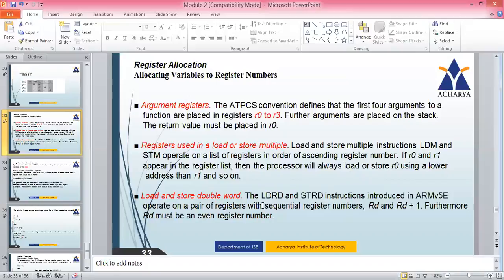Coming to load and store double word. These instructions operate on a pair of registers, so it is a double word. In that case, how do we have to work? We should always go with even register numbers. When you're working with double word and you take R0, it will take R0 and R1. So the next register you can choose will be R2. So you can choose R0, R2, R4, R6. When you take R2, it will take R2 and R3. If you take R4, it will take R4 and R5. So internally, it will take 2, 2. So the starting register should be an even register number like R0, R2, R4, R6.